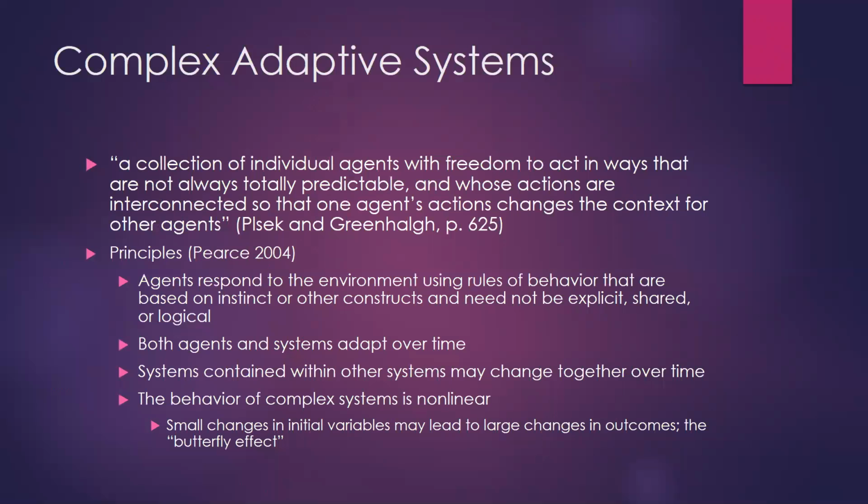Typically, healthcare systems are seen as complex adaptive systems, not just systems. And a complex adaptive system is a collection of individual agents with freedom to act in ways that are not always totally predictable and whose actions are interconnected. So one agent's actions change the context for other agents. So basically, this makes it even more challenging to implement programs and predict what is going to happen within a